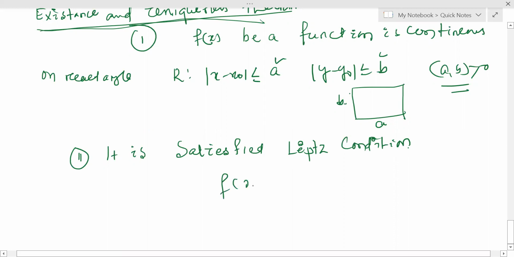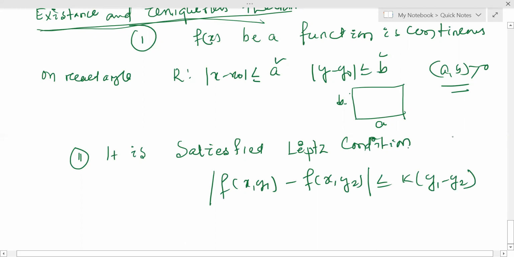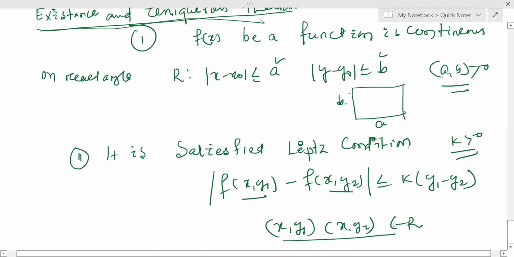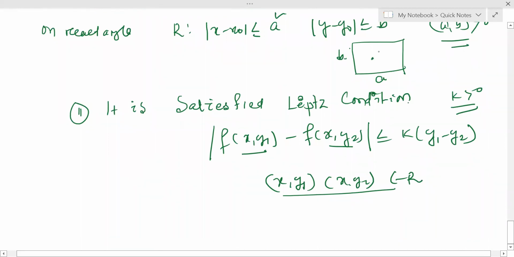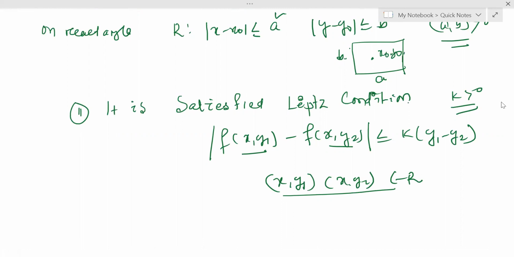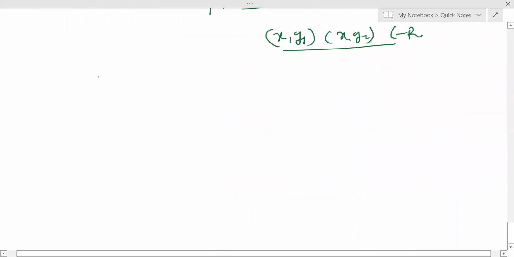The condition is |f(x, y1) − f(x, y2)| ≤ k|y1 − y2| for some k > 0, k positive, for all (x, y1), (x, y2) belonging to the real numbers. If (x0, y0) is a point in R,